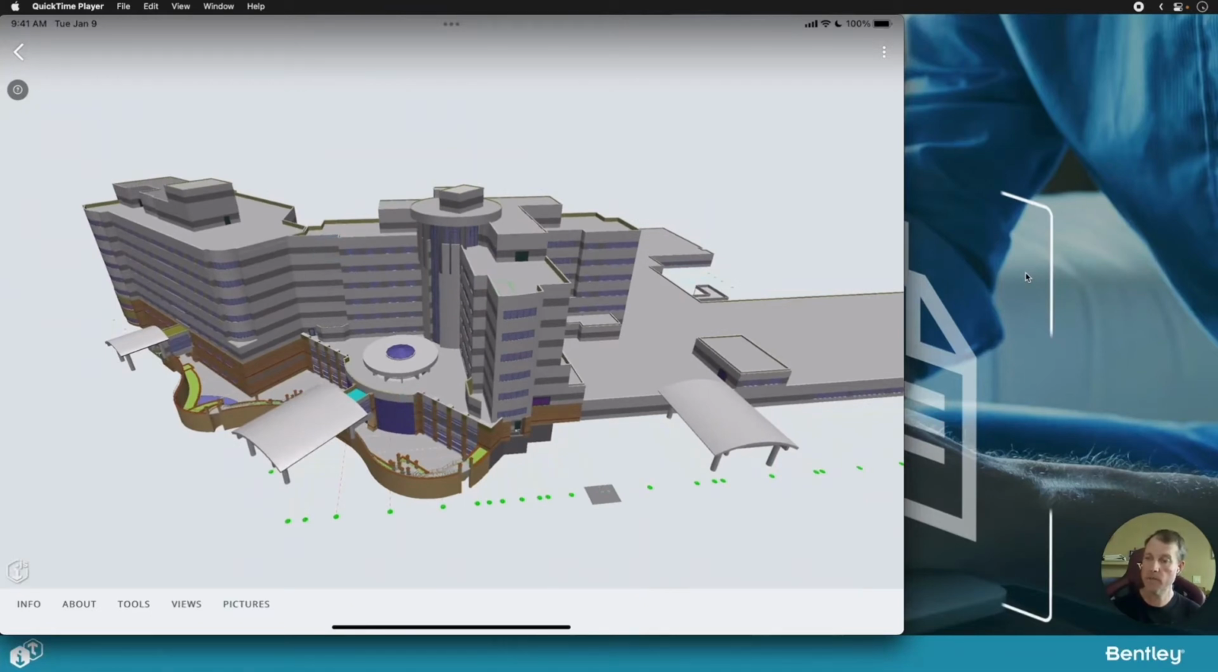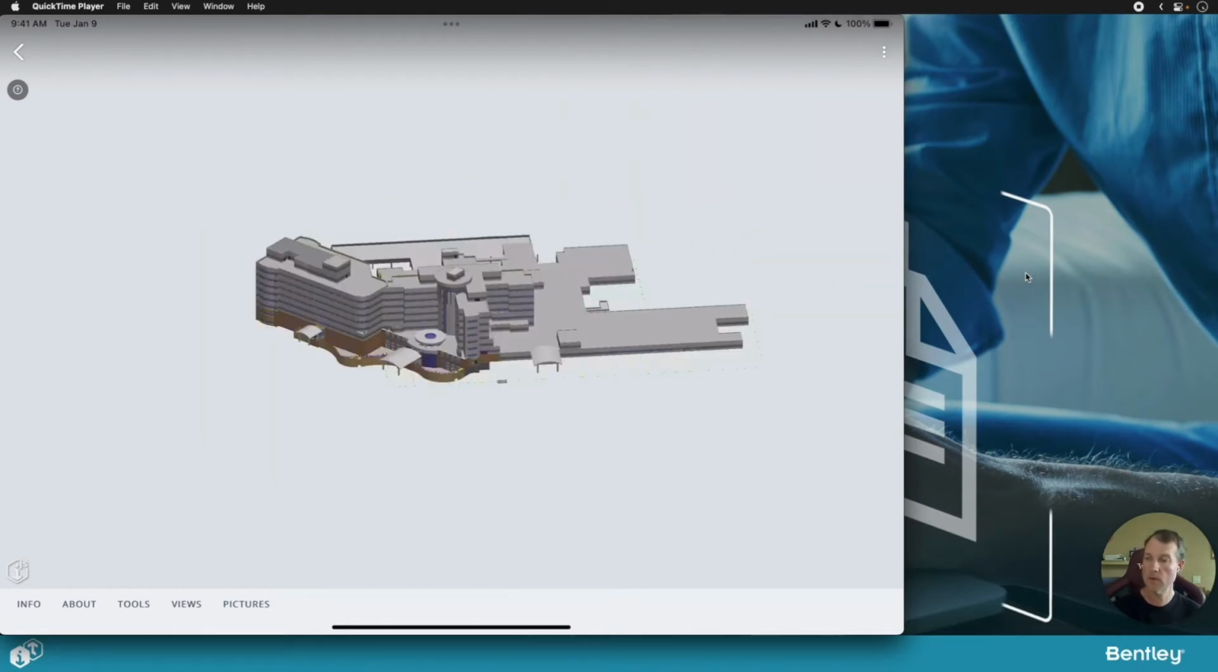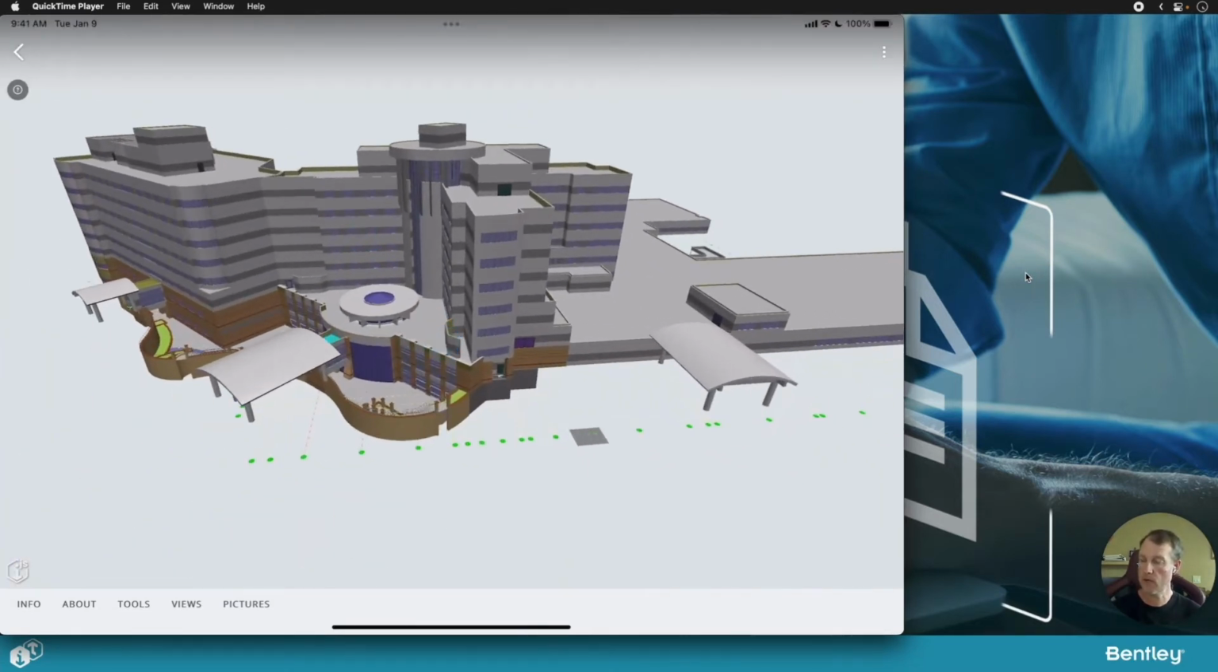The menu up here in the upper right is what's called an action sheet. So that's another standard iOS control with menu items that you can click on. So I could turn off the camera or turn it back on. Not sure why it changed the zoom factor so much there, but